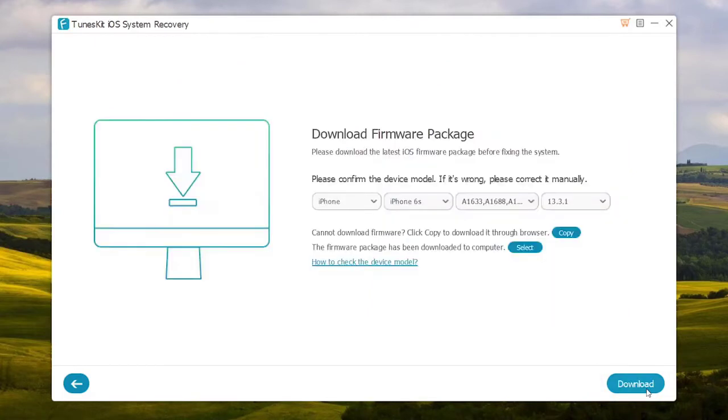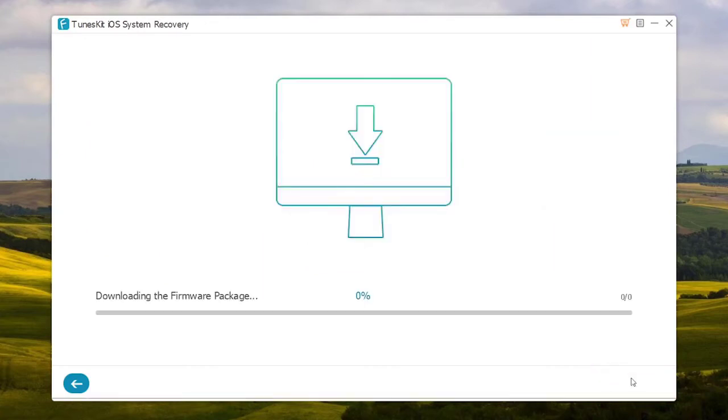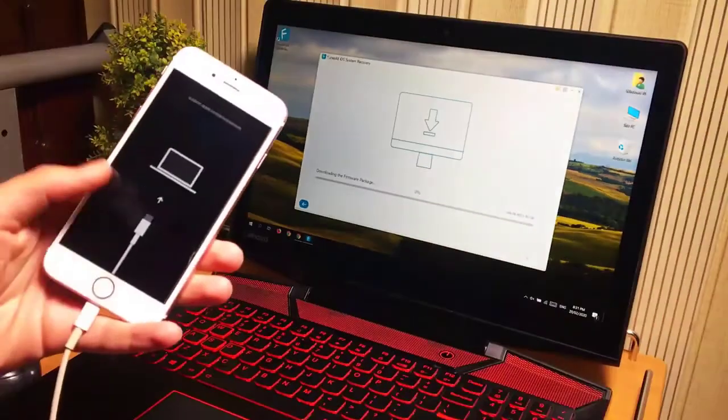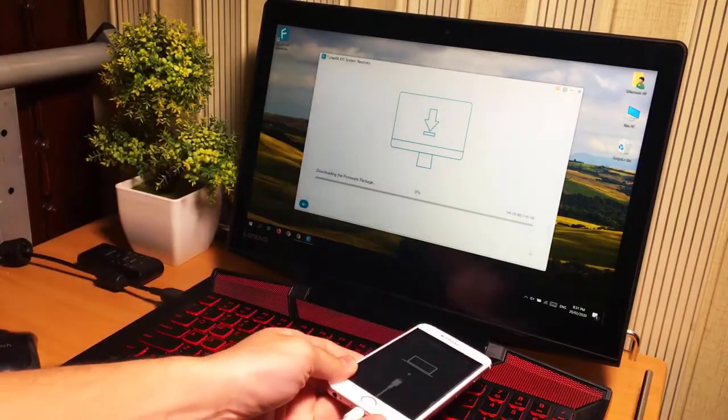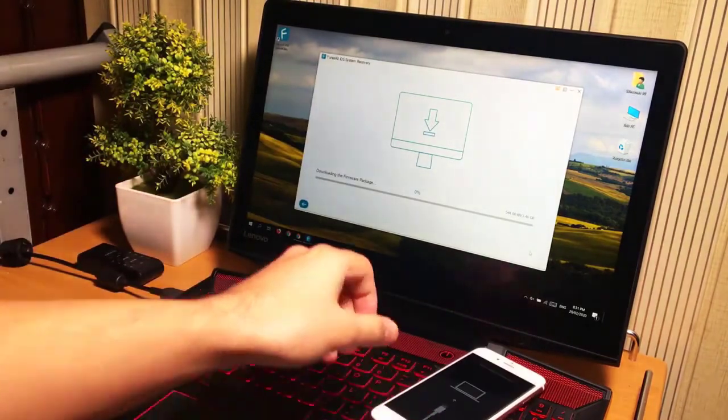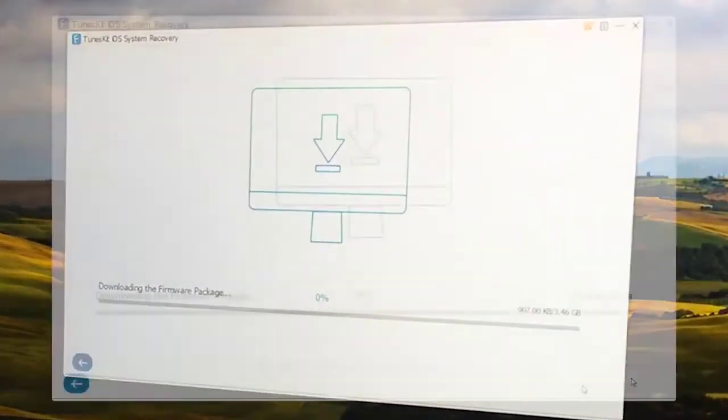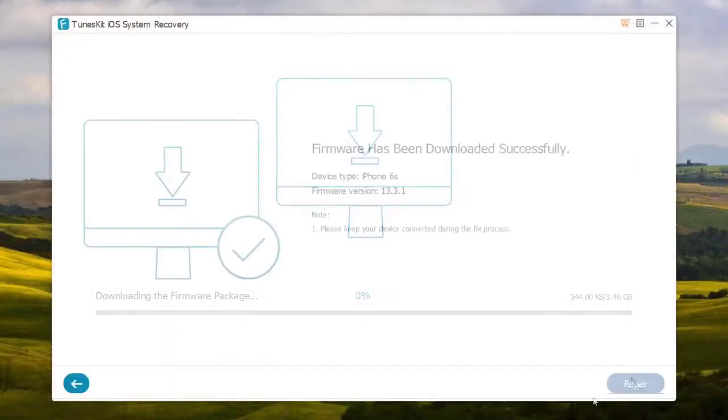Now here we have some settings. Don't change these settings, just go ahead and press the download button. Now it will download an iPhone operating system firmware file. It will take a few minutes to complete, depending on your internet speed. Do not disconnect your iPhone and wait till the download completes. Make sure you have a good internet speed to download it fast, and after the download completes, press the repair